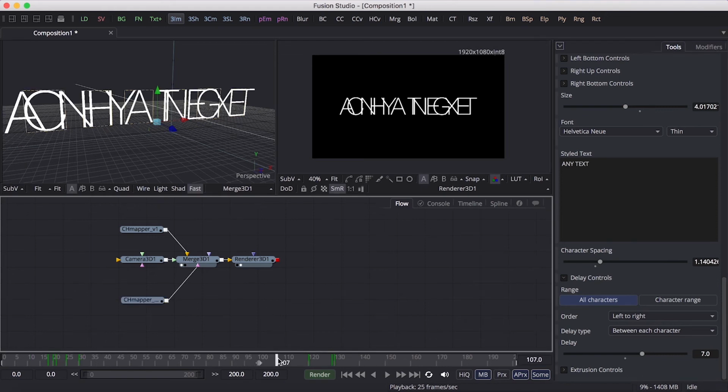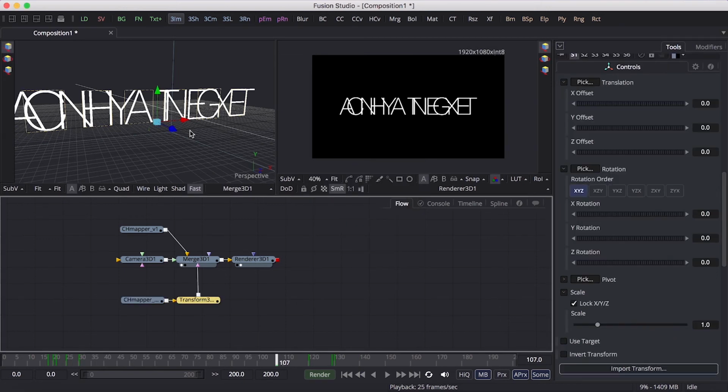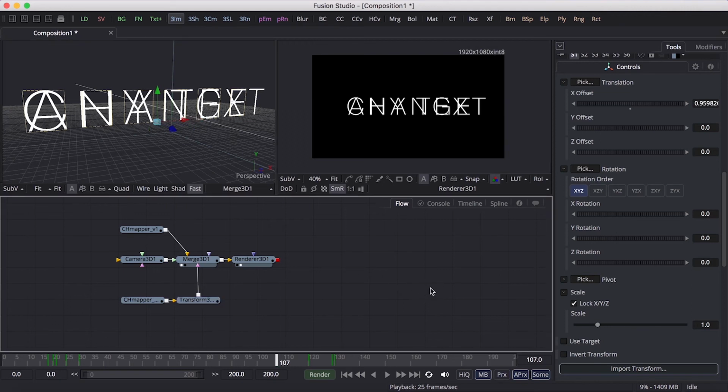Okay. Now we see it's not aligned well, so we will add Transform 3D. It's quite okay now.